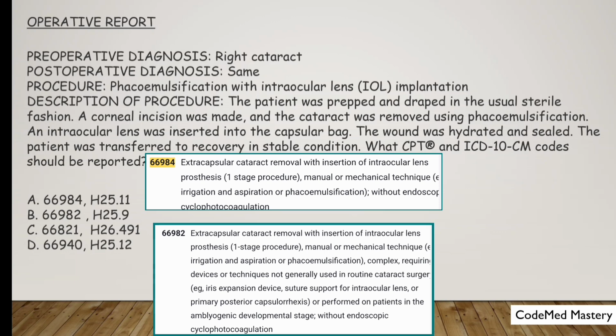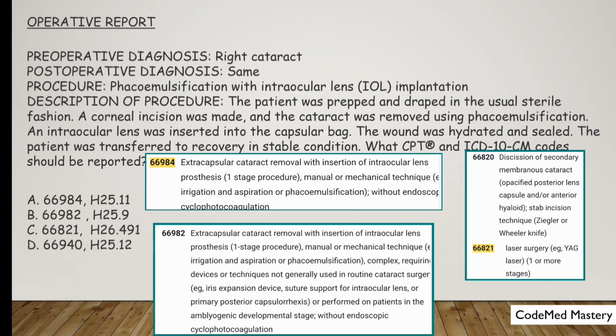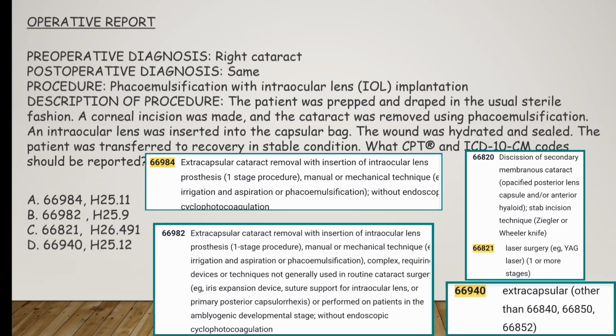The first code in option C, 66821, is for discission of secondary membranous cataract, laser surgery, and the code in option D, 66940, is for removal of lens material, extracapsular. Which among these four codes is correct? The correct answer is